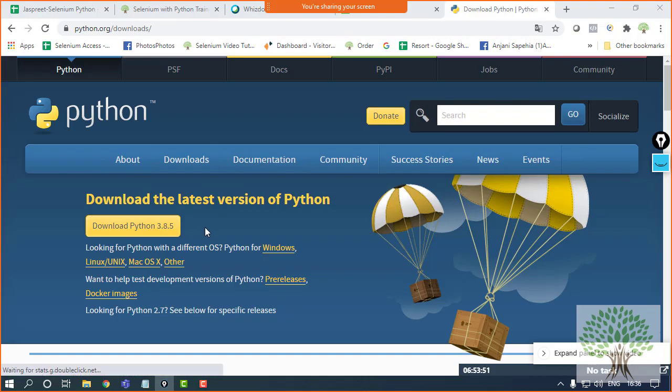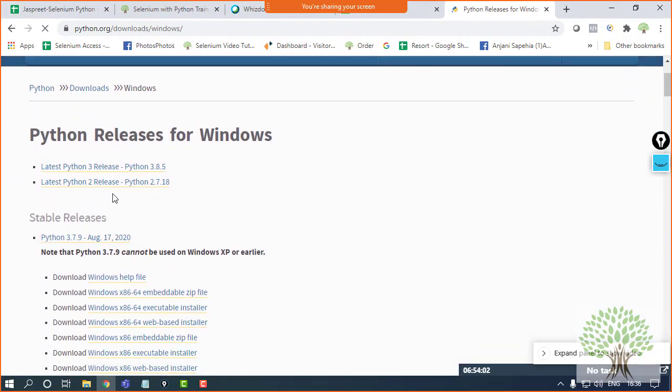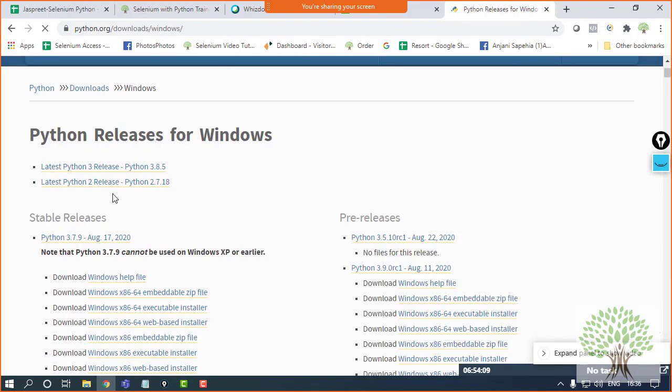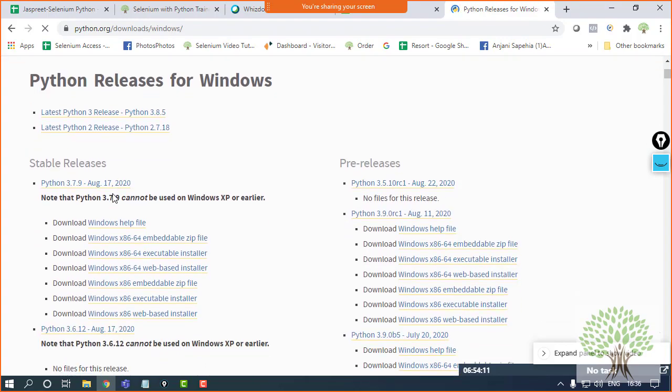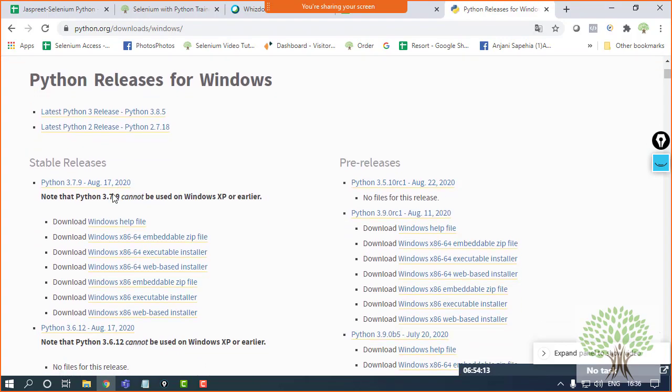According to your system and configuration, if you have Windows, Linux, Unix, Mac, any of the OS, you can just go to the link, and once you go to the link, all the stable releases which have been released by the Python developers are over here. It is always suggested to work with the latest version, but if you are not interested in working with the latest version, you can work with a version one step older as well.